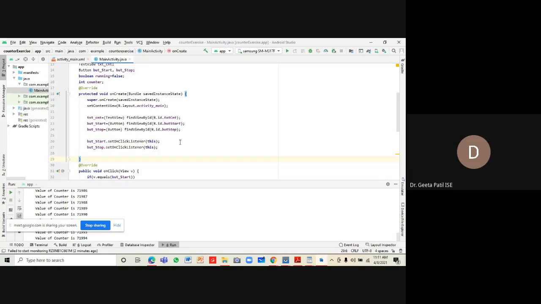Let us see how we go about creating the threads.